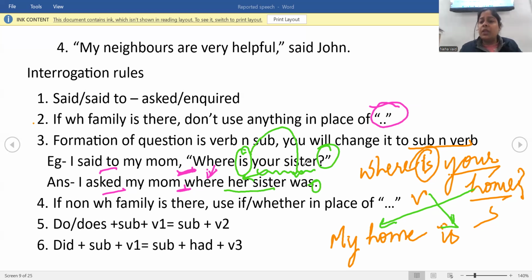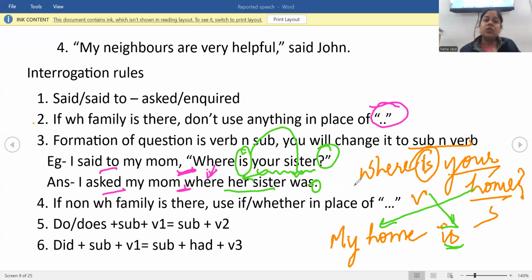Now you will say कि मैम आपने यहाँ तो is का is ही किया है, यहाँ was कैसे हो गया? Because there we applied the rules of reported speech. Here it was a normal question. So there are two things that I'm explaining at one single point. First, in the interrogation, जब question पूछा जाता है, there is a format of verb and subject. But when you are answering it, you always get it in the form of subject and verb.